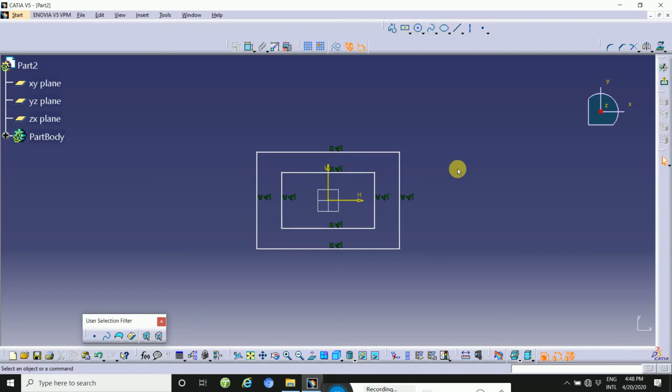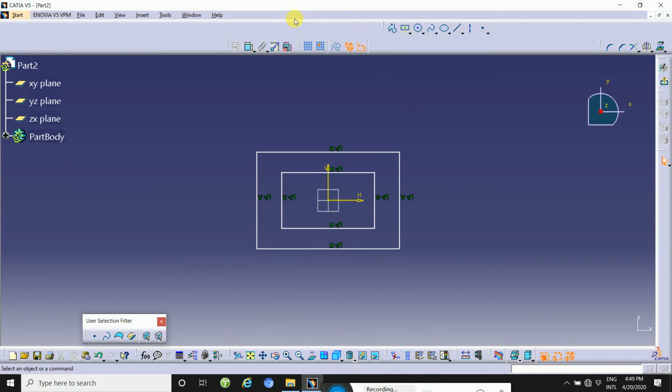The next step is to select the sketch toolbar and the workbench on the right side, select the YX plane and then use the sketch. This provides the creative object. In this case, I am using the rectangle tool to create a geometry, and then I will take a dimension.